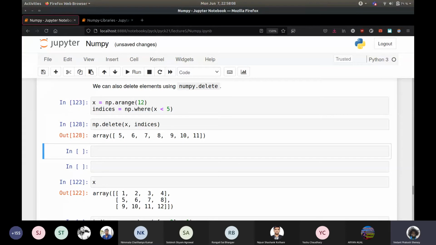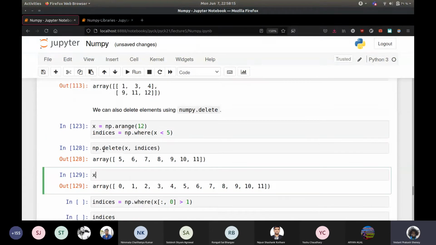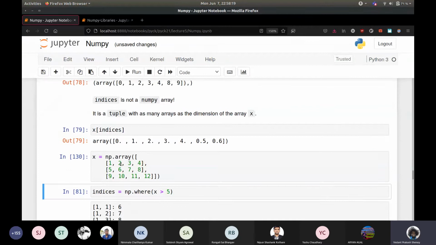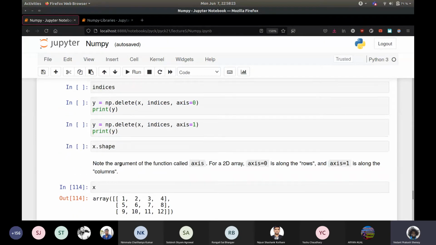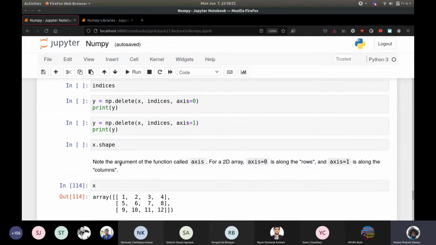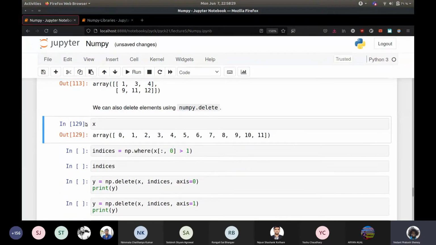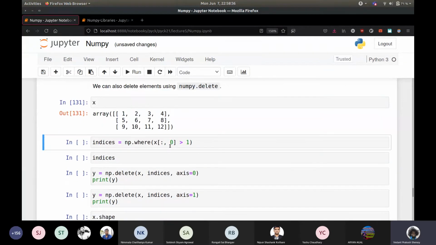So this is pretty straightforward, right? I mean, the one-dimensional case is always straightforward. Two dimensions is where it starts to become fun. So let's go back and define x as it used to be, this thing. I will remove these cells so that it becomes a bit clearer. So x is 1, 2, 3, 4 like this up to 12.